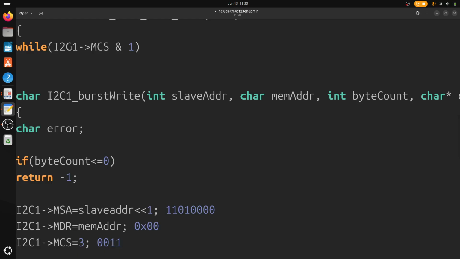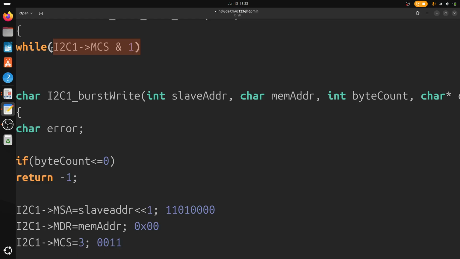So this line is representing busy. So when I2C is busy,